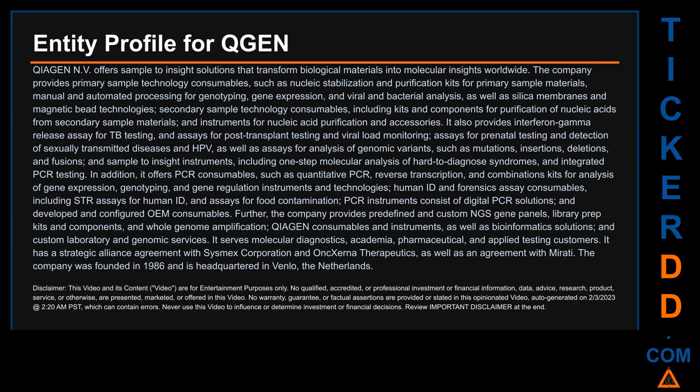It also provides interferon gamma release assay for TB testing, and assays for post-transplant testing and viral load monitoring, assays for prenatal testing and detection of sexually transmitted diseases and HPV, as well as assays for analysis of genomic variants, such as mutations, insertions, deletions, and fusions, and sample-to-insight instruments, including one-step molecular analysis of hard-to-diagnose syndromes, and integrated PCR